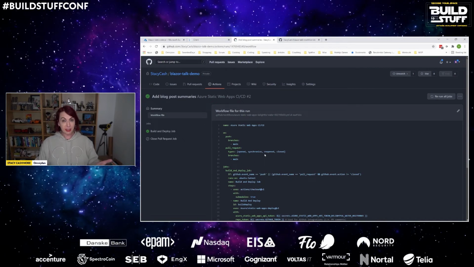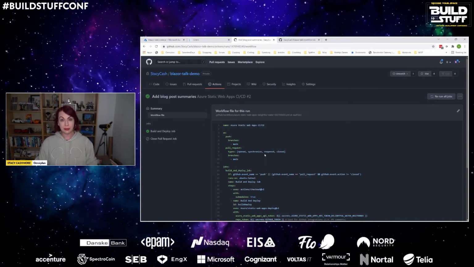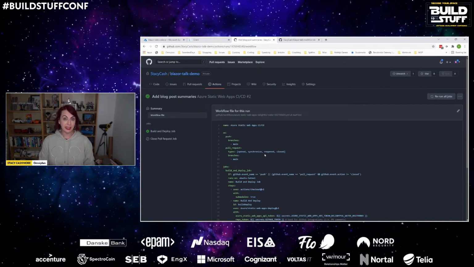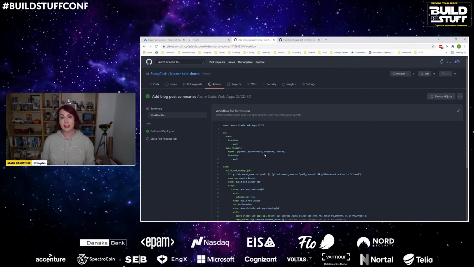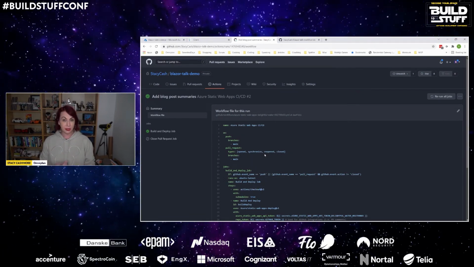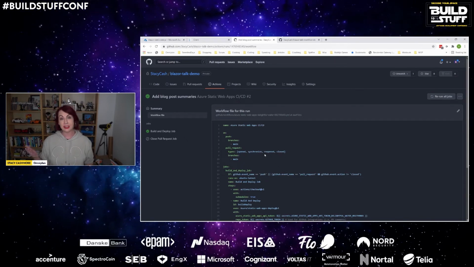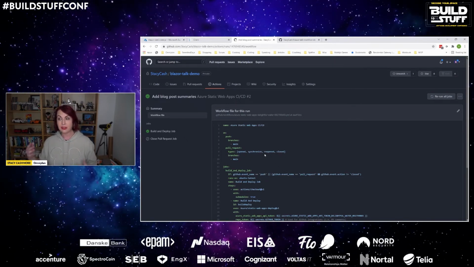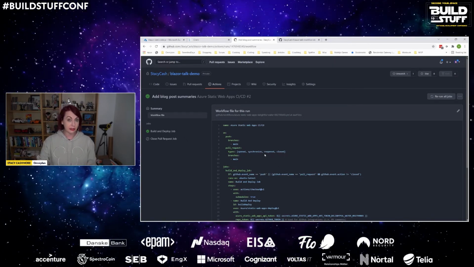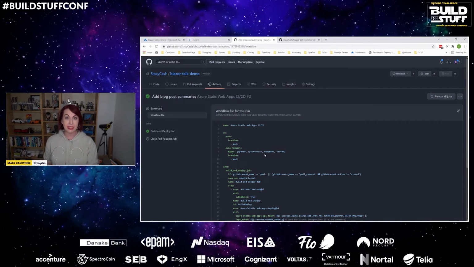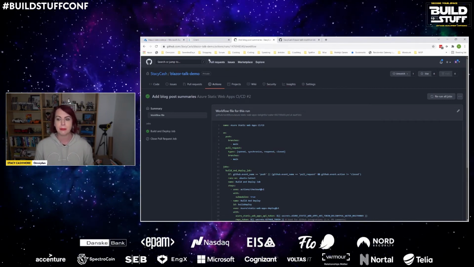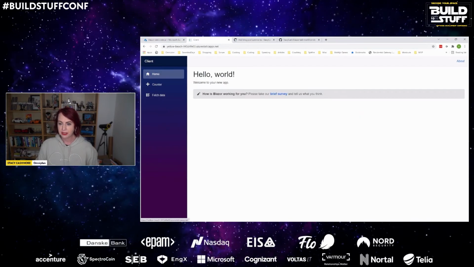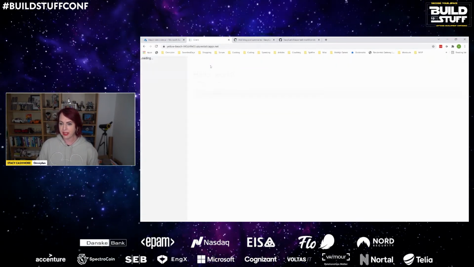Now, when we created our static web app, I said there were 2 levels. You had the free and you had the standard tier. One of the differences there is, I believe for the free tier, you have 2 staging environments. For the standard tier, you have 5. So if you know you're going to be making lots of changes and you need lots of staging environments, that can be a reason to think maybe I need to spend some money here. Right, let's go back to our web app now and refresh it.